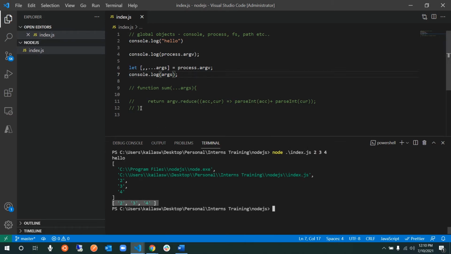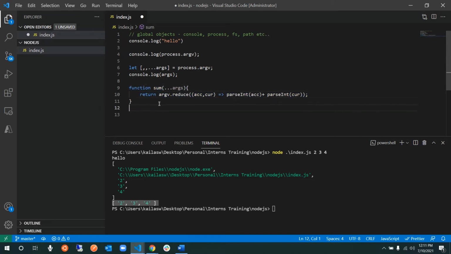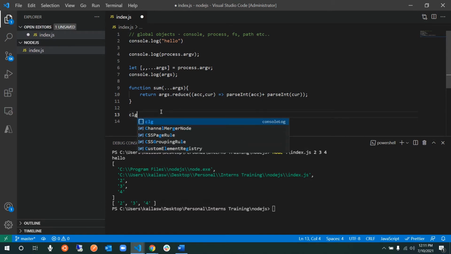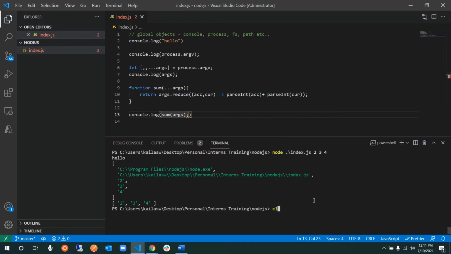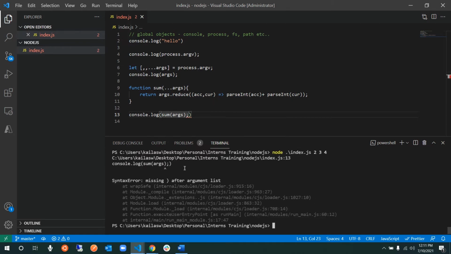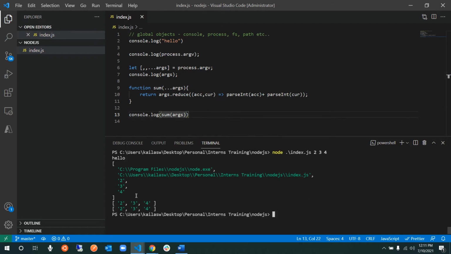Okay, so the next thing that I'm going to do is assign this function and then run that function. So args I'm passing here, and then args I'm using here, and then I'm going to pass that args here. Once I do that, I'll also do console.log for that. So what did I miss? Okay, sorry, parentheses.